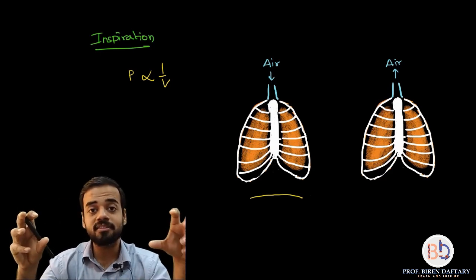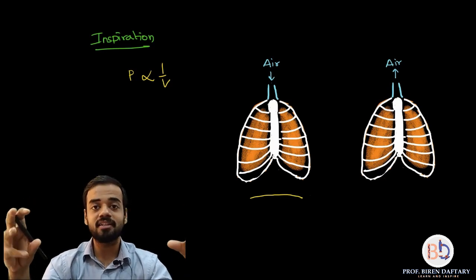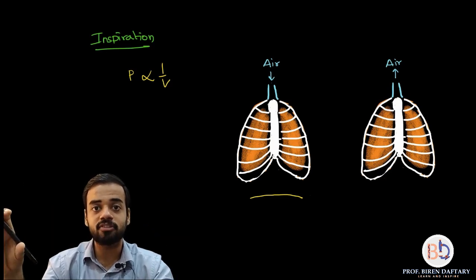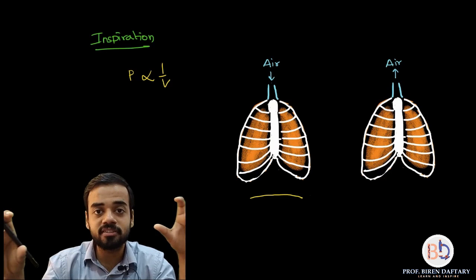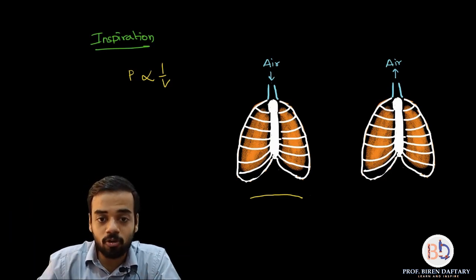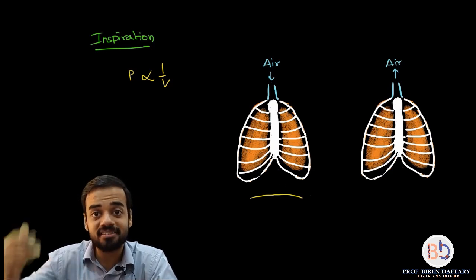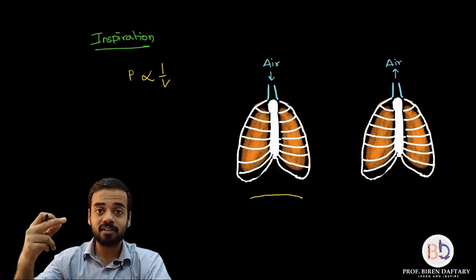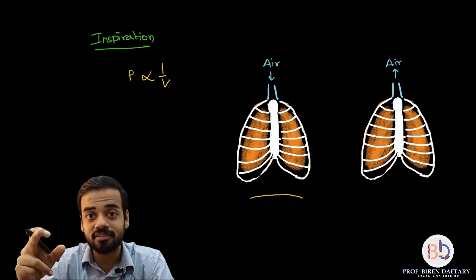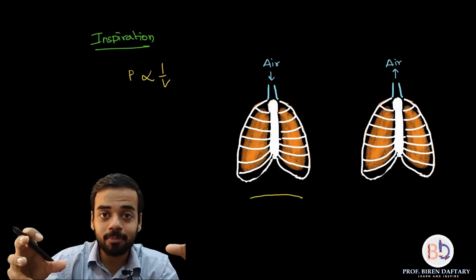So now a pressure gradient is created. I have told you what a gradient is. A gradient is a condition in which two opposite things are happening, for example positive and negative charge, or high concentration and low concentration, or high pressure and low pressure. Why is a gradient created? Because over here the thoracic volume has increased, so the thoracic pressure has decreased, but the air pressure outside the nose, the environmental air pressure, has not decreased. So the environmental air pressure is more, the thoracic air pressure is less.